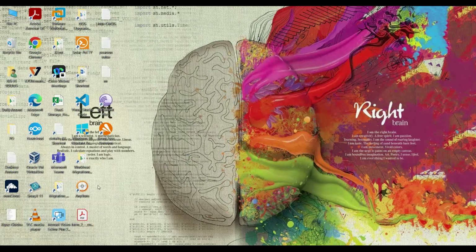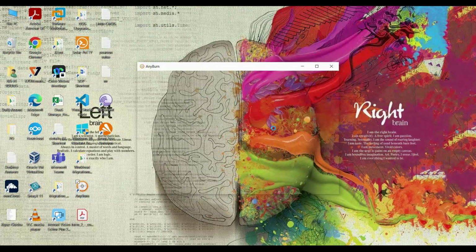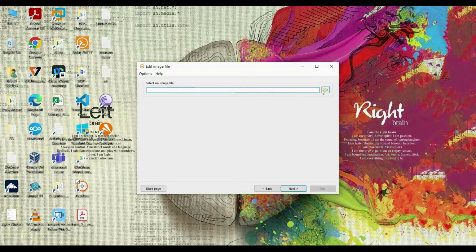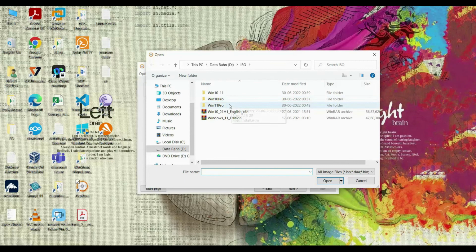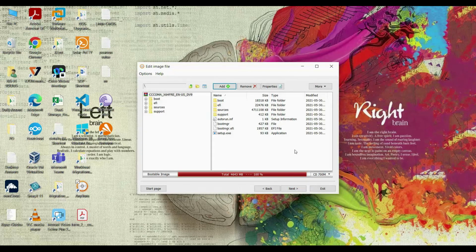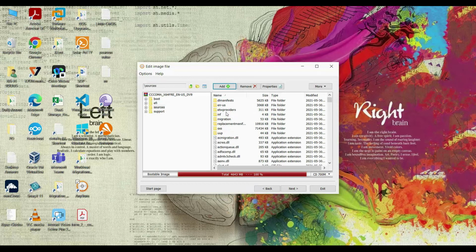To create that, open any burn software. So go to edit image file, select an image. So we'll select the Windows 11 edition. Give next. So here remove this, search for install.wim. Okay, so remove this one,